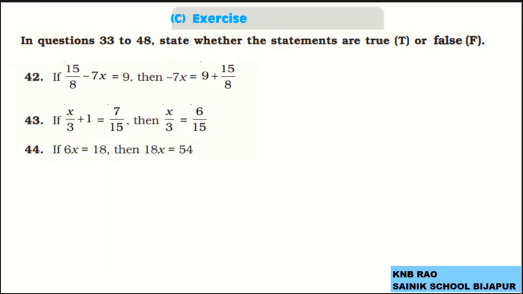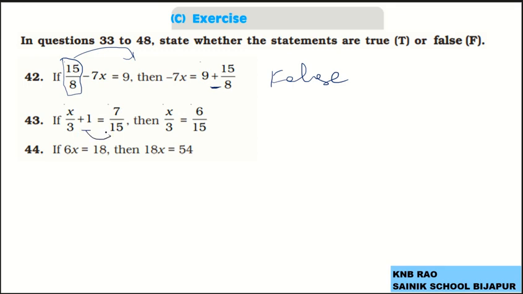Coming to the next question, number 42. If 15 by 8 minus 7x equals 9, then minus 7x. So this 15 by 8, which is with the positive sign, if it is transposed to the other side, it becomes negative. So it is false. X by 3 plus 1 equals 7 by 15, then x by 3 equals,